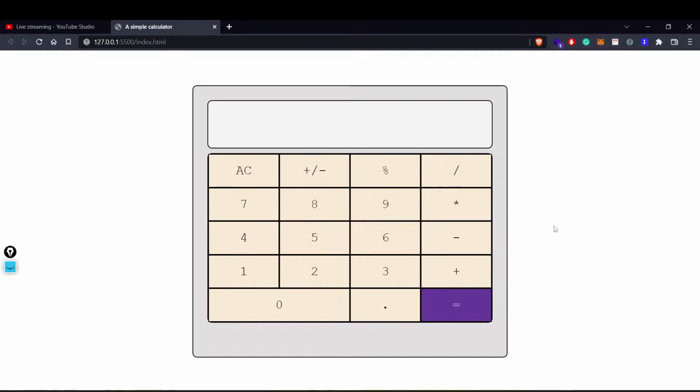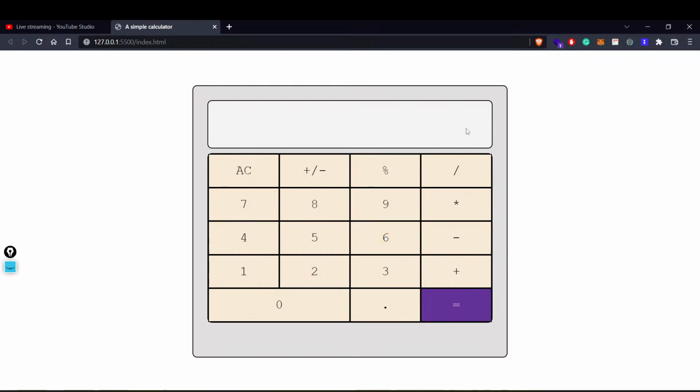Cool then, right? So this is the simplest UI that I've made in just a couple of 10-15 minutes. It is just a normal looking calculator where we have keys, right? In keys you can also see that as soon as I hover on any key, it changes its color. And we have a display area over here, and right now it is not functional. See, I'm pressing these keys but nothing is happening. Nothing is showing on our page.